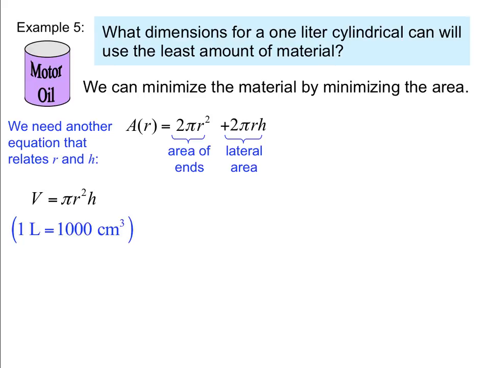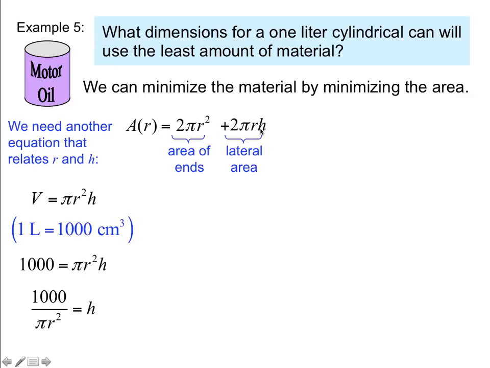And rulers don't measure in liters, they measure in centimeters. So 1 liter is 1,000 cubic centimeters. So our constraint is that we need a 1,000 cubic centimeter volume, and the volume is equal to pi r squared h. So the way we use this constraint is to come back up here, and you notice that this area model has an r and an h, but we want it in terms of a single variable r. So we're going to solve the volume equation for h, and substitute it in to our